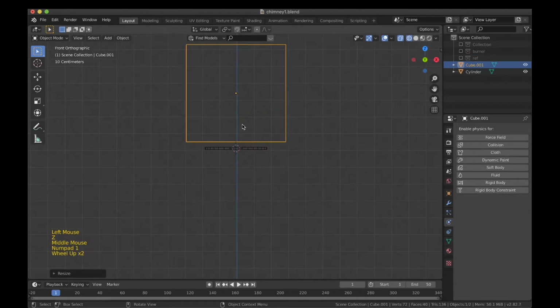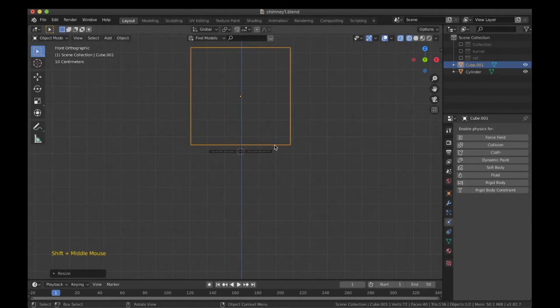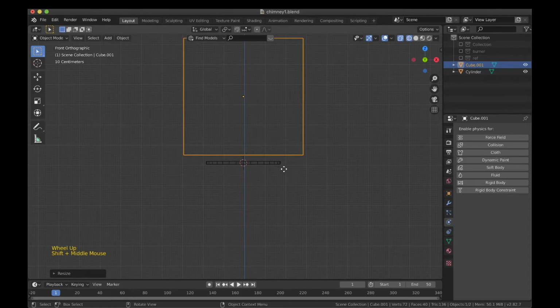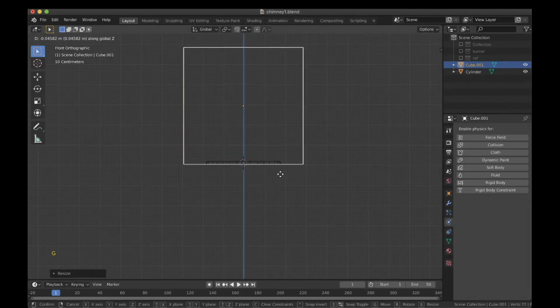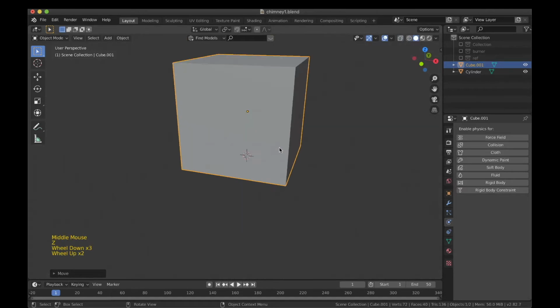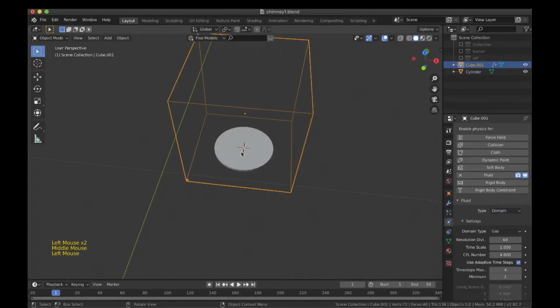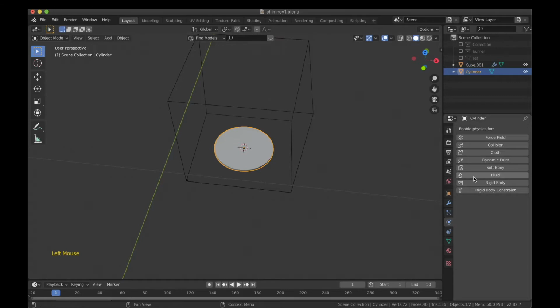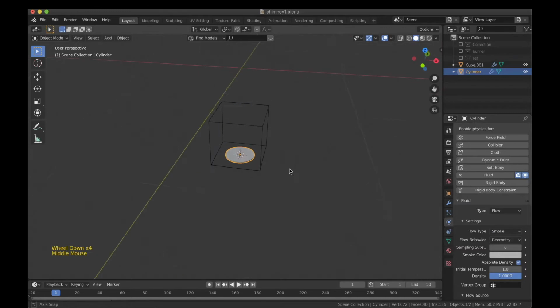As you can see over here, the bounding object is a bit above the flow object. So I'll set the base of the bounding domain at the base of the object. Yeah. Now you can see in the Physics tab, there's actually no setting which we can see right now. So I'll go to the Fluid panel and over here I'll set the type to Domain. For this object I'll do the same as well. I'll go to the Fluid panel and set the type to Flow. Now we have both the basic settings done.